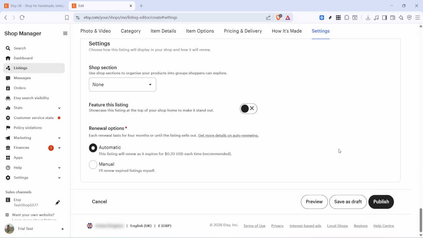A couple of quick things to note: Etsy charges a listing fee of 20 cents when you publish, and your listing stays active for 4 months or until it sells. Your first photo needs to be at least 635 pixels wide, and the rest should ideally be at least 2,000 pixels for best quality. And if you need to make changes later, you can edit your listing anytime through Shop